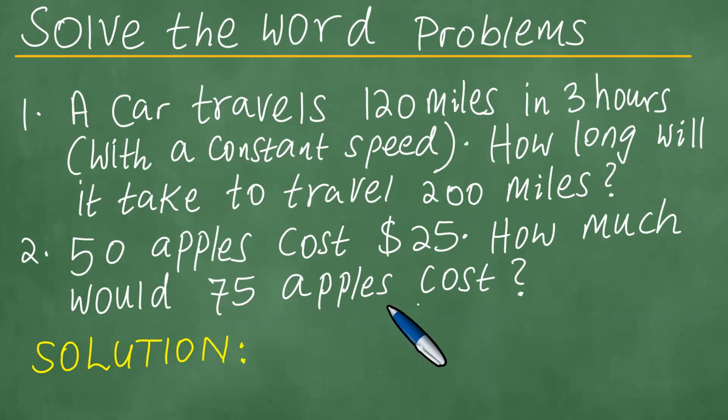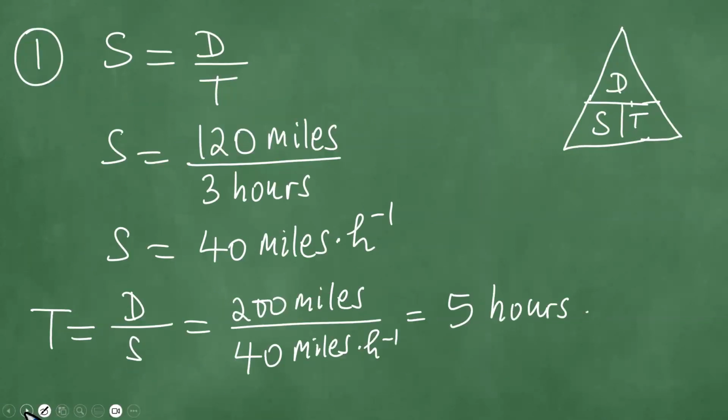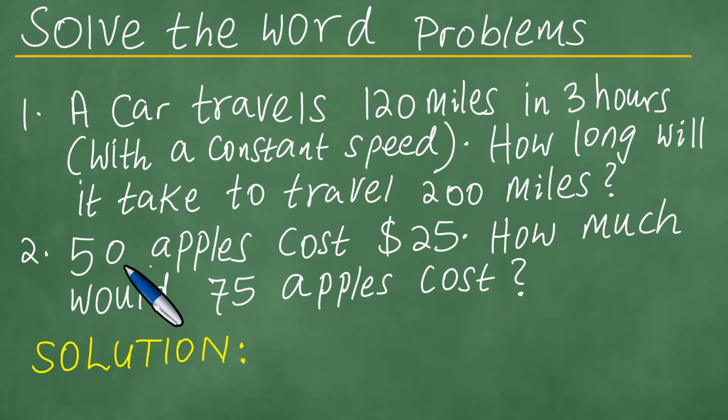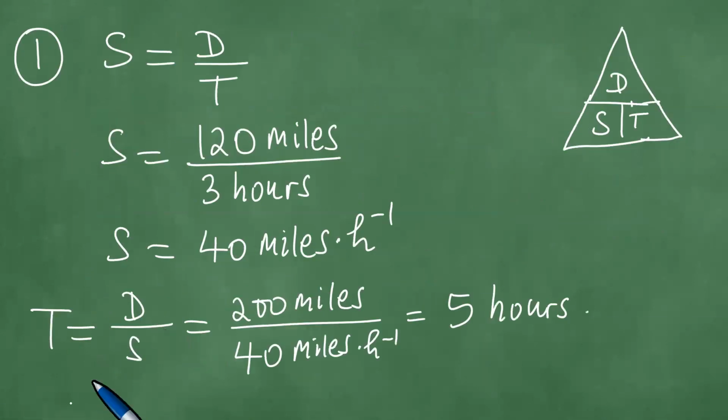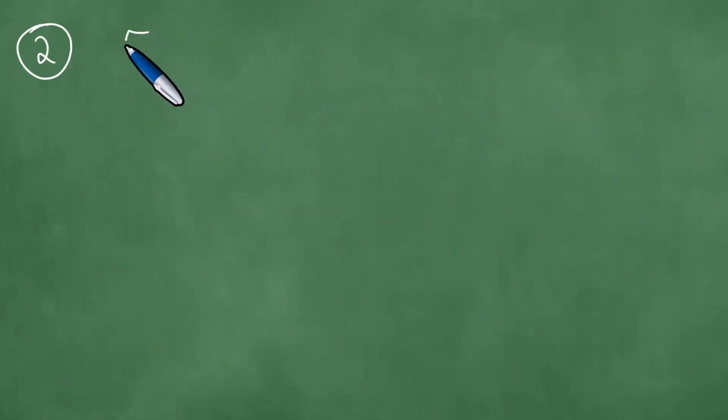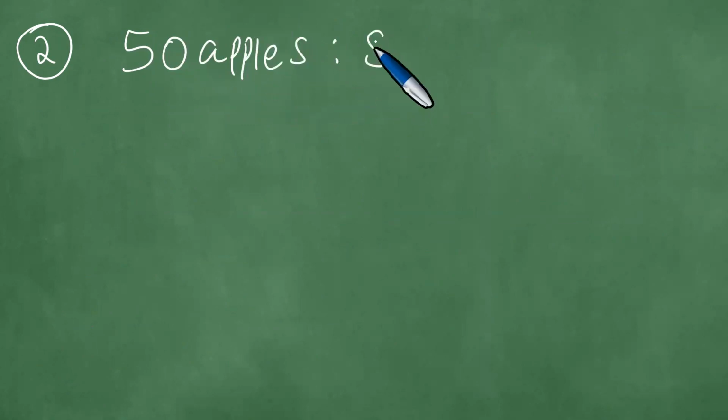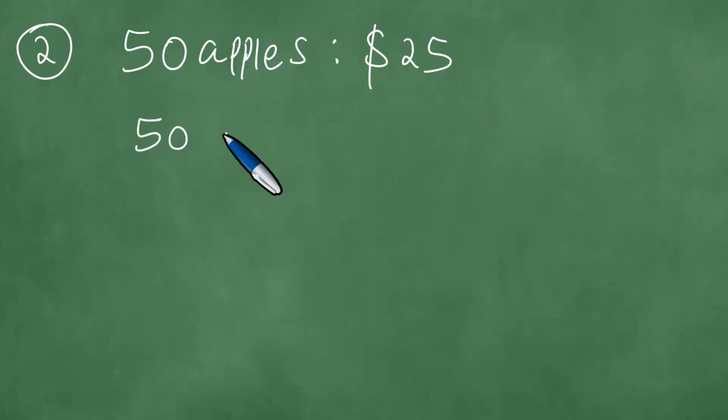How much would 75 apples cost? Okay, I've done this question in a different way before, a couple of minutes ago as I received it, but it can be done differently. For example, if 50 apples cost $25, this is just ratios, so you can look at it as ratios and say, 50 apples are to $25. We're interested in finding out how much 75 apples will cost. So one way to do that is to ask how much just one apple costs. So you can take the 50 apples,